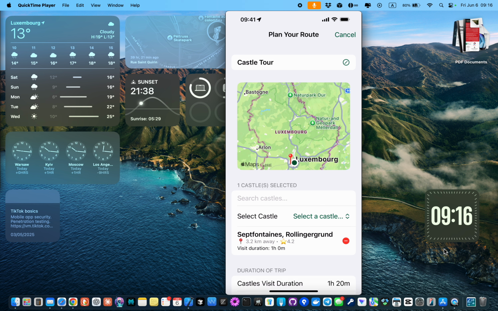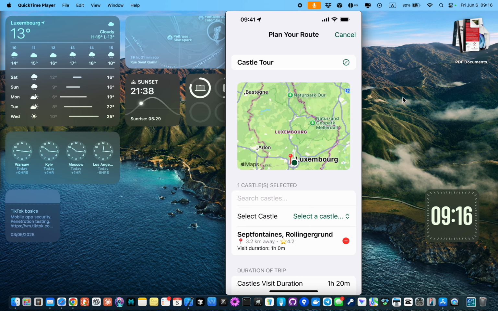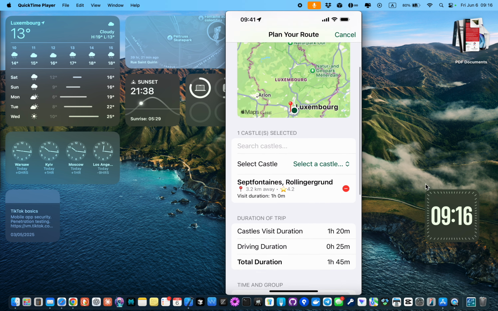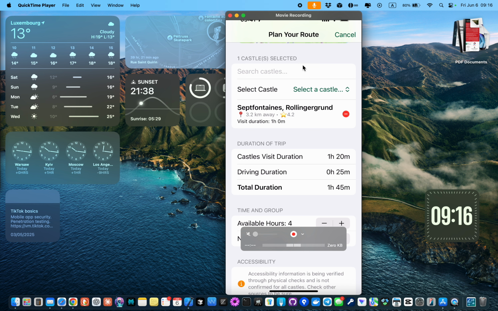Yeah, so here we have the title. You can set the title for your trip, and also the mini map where the red pin indicates castles that you want to visit. And then we have this list of castles. If you remember, when I was inside the details of the Septfontaines castle, I pressed the button add to trip, and that's why